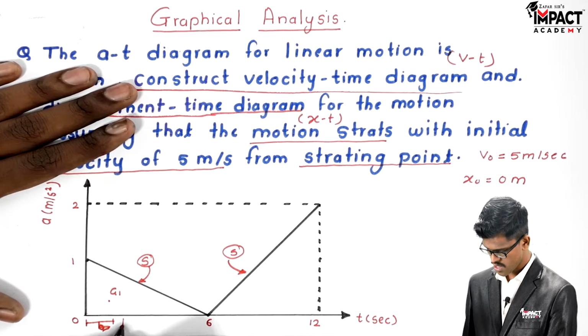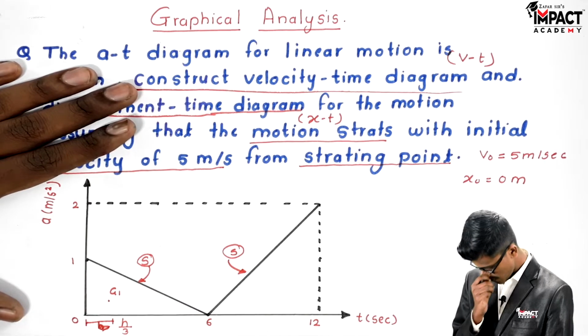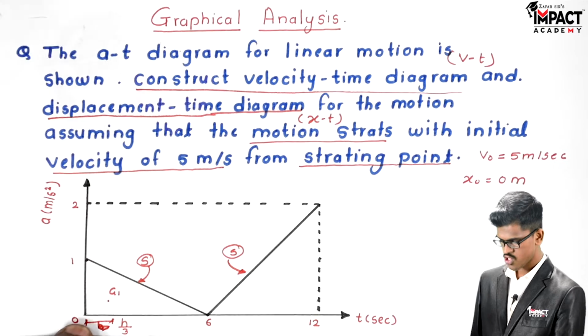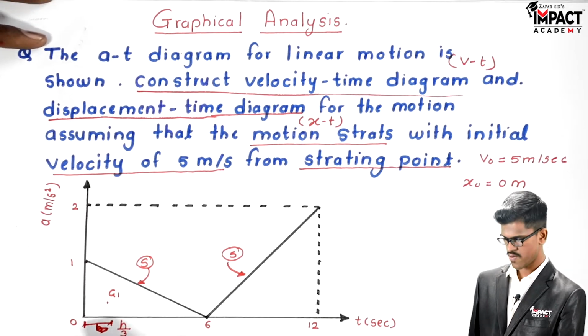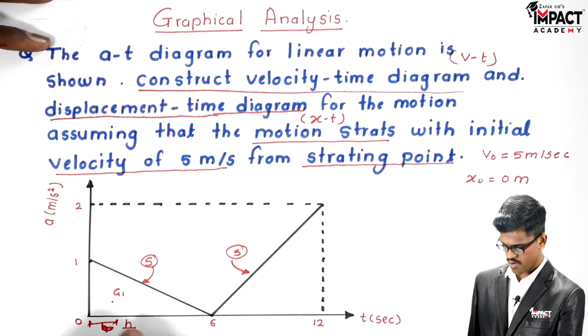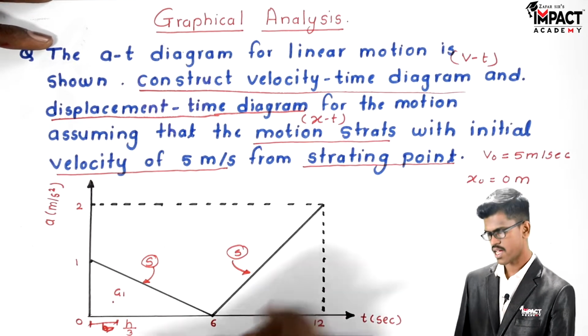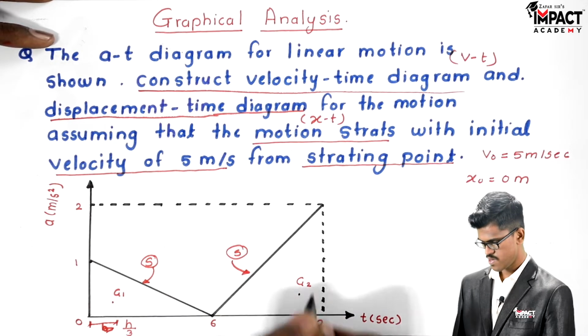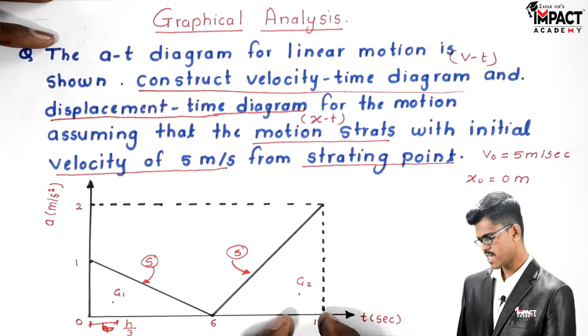We have to consider just the x coordinate. We also consider that we start the motion from 0. For this triangle the centroid is here, g2, h by 3 from the base,